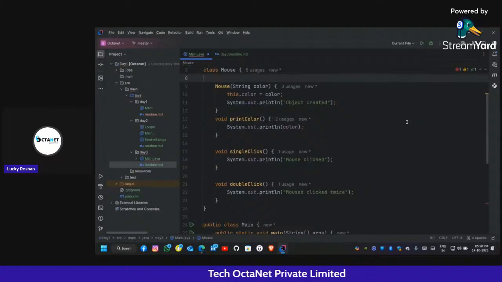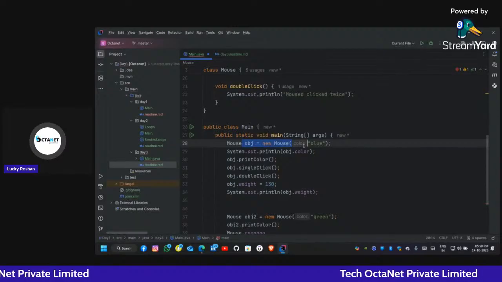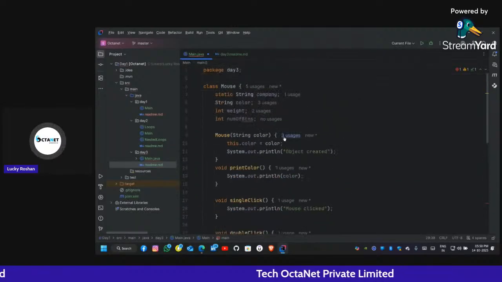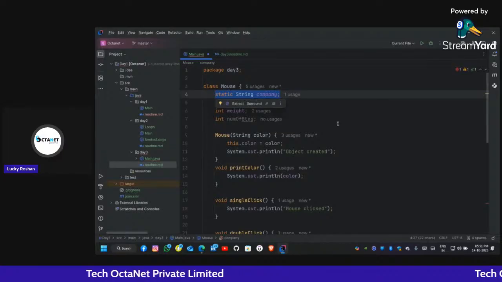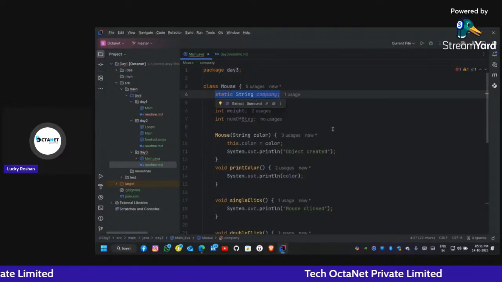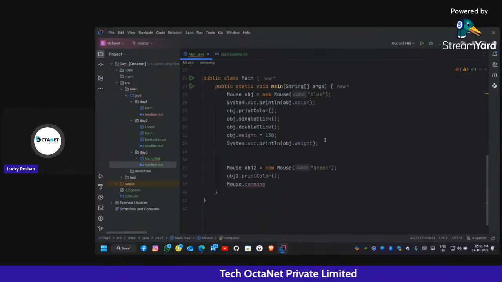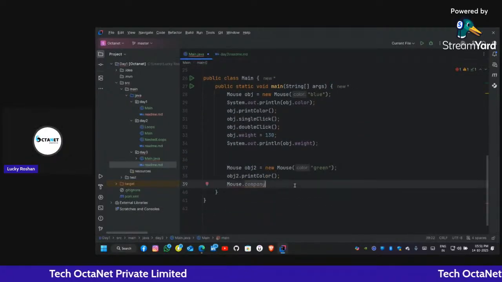Remember, guys, to use the non-static variables and non-static methods, we have to create the object of that particular class. But when it is static, or it is written within the static block, then we don't have to create the object. Rather, we can use the static variable or method by using the dot operator.